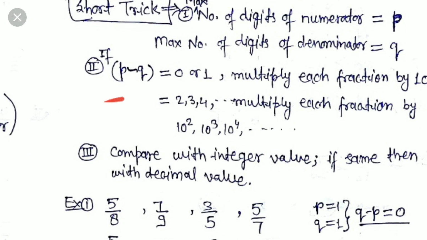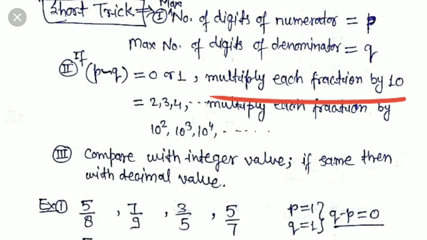If this difference of P and Q is 0 or 1, then multiply all the fractions by 10. And if this difference is 2, 3 or 4, then multiply the fractions respectively. If it is 2, multiply by 10 to the power 2, that is 100. If it is 3, then multiply by 1000, and if it is 4, then multiply by 10 to the power 4,